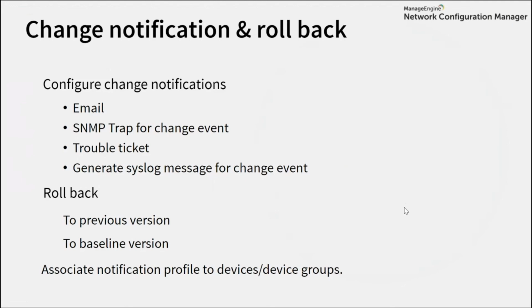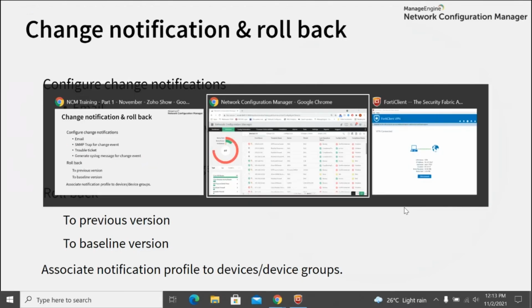Moving on, we have the change notifications and rollback feature. So you can choose to trigger a change notification in any of your devices and receive it through email, via SNMP trap for a change event, via trouble ticket, or generate a syslog message for a change event. Or you can choose to configure a rollback mechanism, which will roll back the configuration to the previous version or to a baseline version. So how that works: